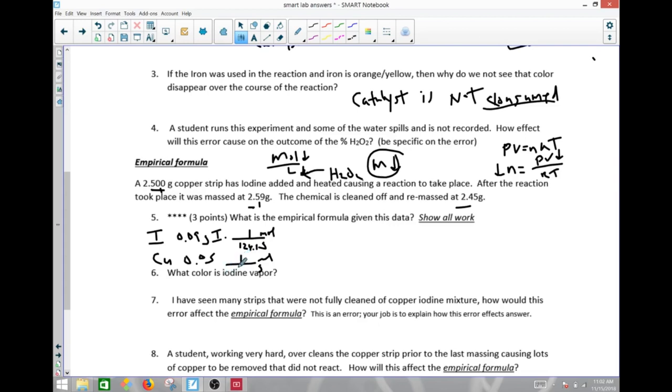All right, so we'll put that in here, 63.5. We're going to divide out, and we will get 0.09 divided by